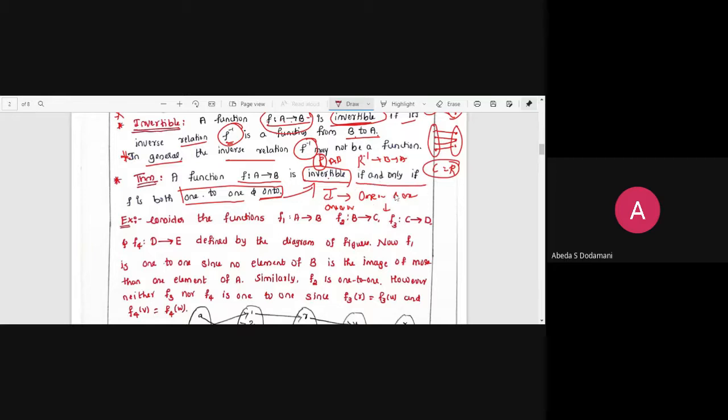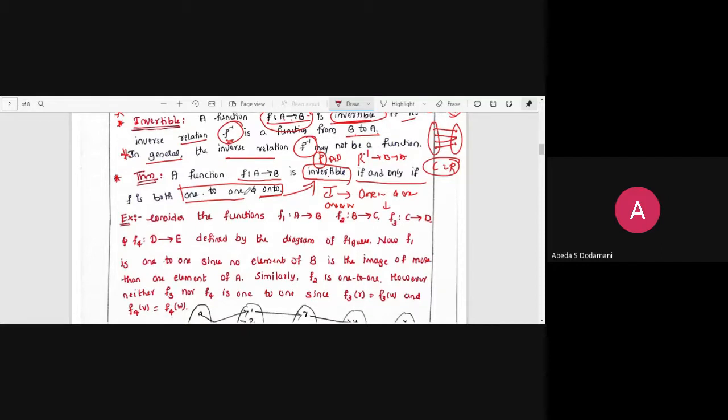So now, can you give me examples? If I say the given function is both 1-1 and onto, then it is always invertible. Or you quote one example of an invertible function, and I'll give you an example that is 1-1 and onto. Are you following, guys? Okay. So please understand the concept.